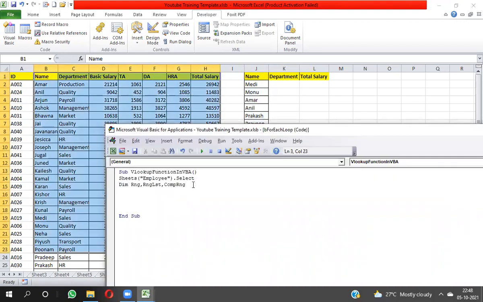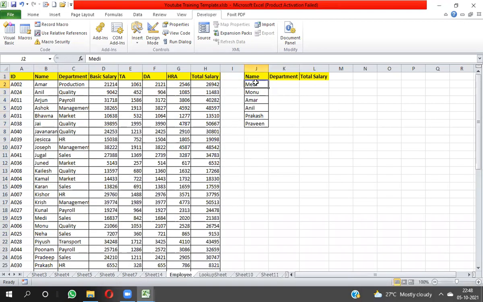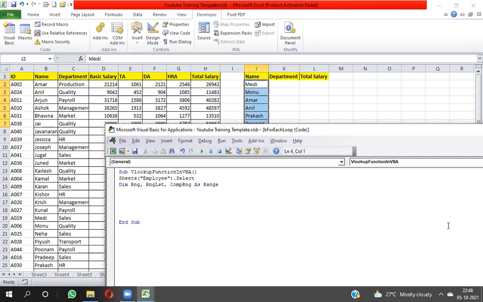So here I am putting the type as Range. Range is an object name of Excel in VBA. So here I have taken the data type as array. Now I have to put this reference in one variable, so I have to write Set. Why am I writing Set? Because my data type is an object. That's why it's mandatory to write Set.